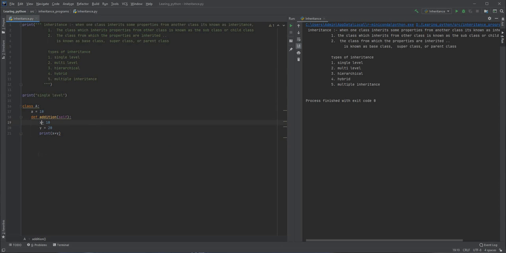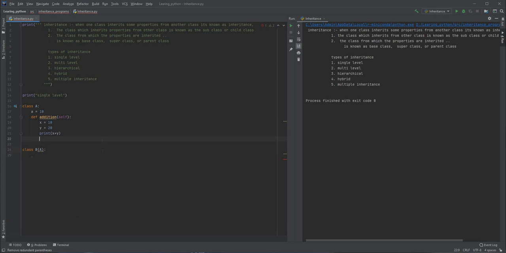Now suppose there is this class B who wants these properties A and this addition property from class A. So what we have to do is put parenthesis like this and write the class name from which we want to inherit.